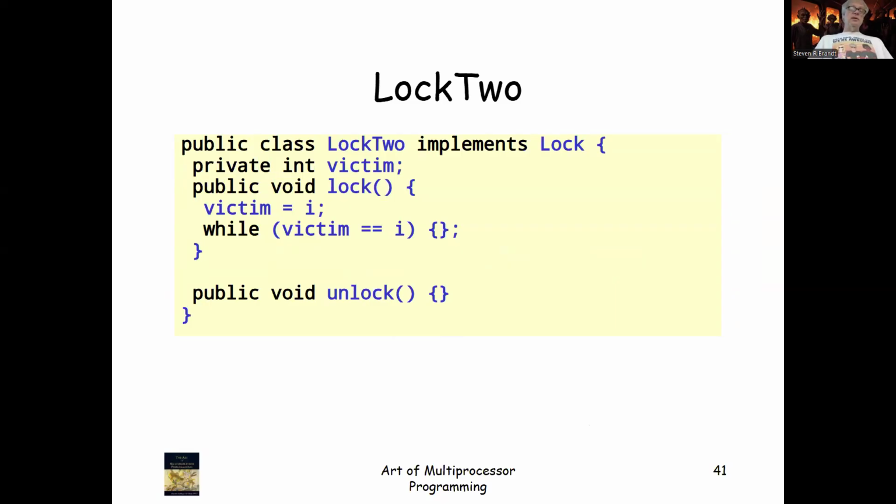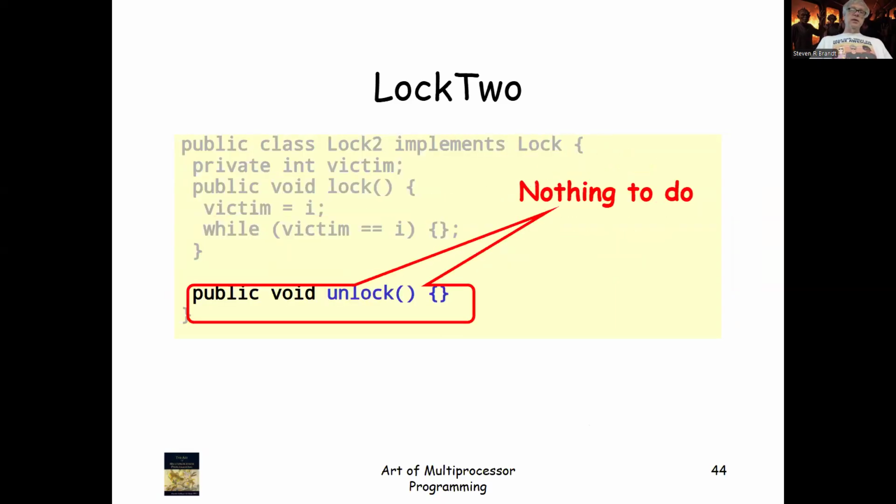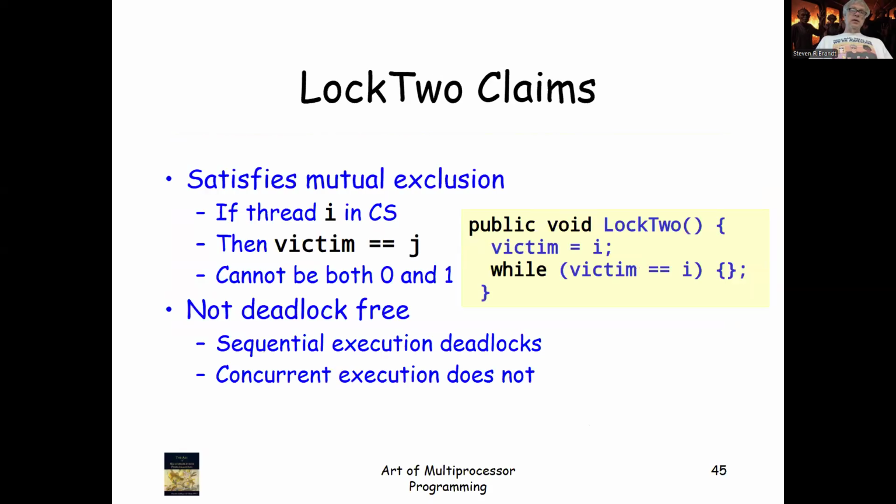I'm sorry. Was that the problem with it? I think it was. Sequential execution deadlocks. That was the problem. Sequential execution deadlocks. Yeah, so if I just go through there and nobody else is coming by, then I can't get through. Somebody else has to push me through. Right? It's like every time you go into a door, you stop and wait for somebody to push you through.